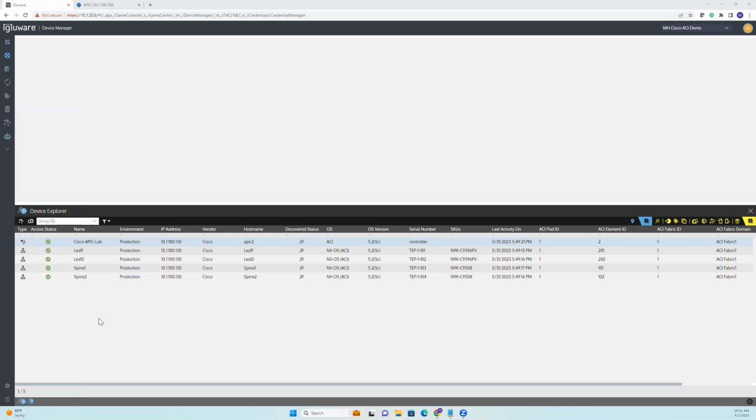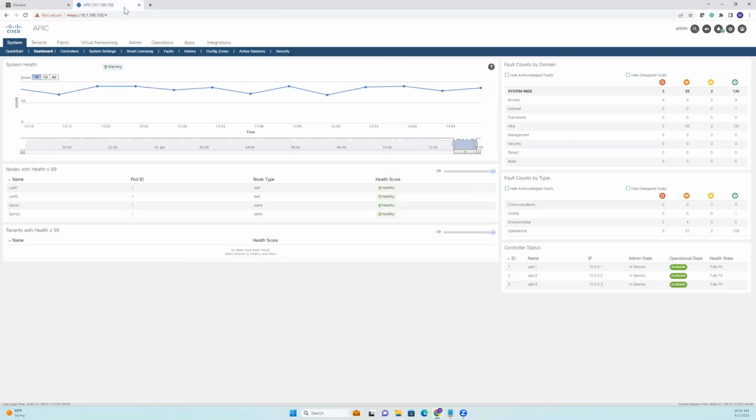In this demonstration, we're going to take a look at Gluware's ability to automate Cisco ACI, introduced in Gluware 5.1. So let's get started. Here we are in the Gluware instance, and just to show you quickly, this tab shows my Cisco APIC controller. This is an ACI simulator system, but runs the APIC controller, and I have 2 leaves and 2 spines as